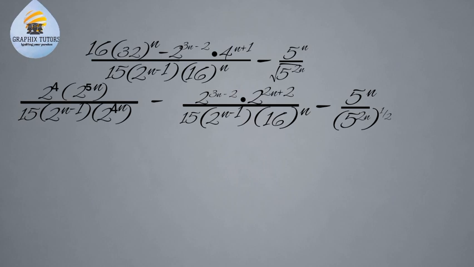All divided by 15 into bracket 2 to the power of n minus 1, multiplied by 2 to the power of 4n. Now this is what we have, minus 5 to the power of n divided by,